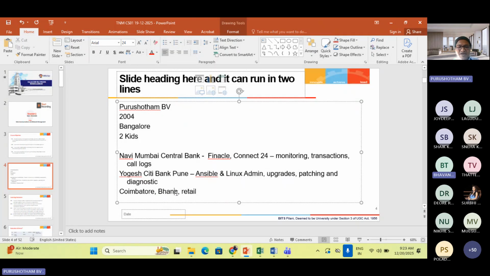I will not give you a certificate, don't worry. Just for my reference, I'm noting it. The retail project's name is John Lewis Partnership. It's a retail shop, like a mall, from the UK. So I work for that project. Okay, very good. What technology stack do you use, Bhavana? I'm from infra automation, sir. So I mainly use tools like GitLab, Ansible, Jenkins,